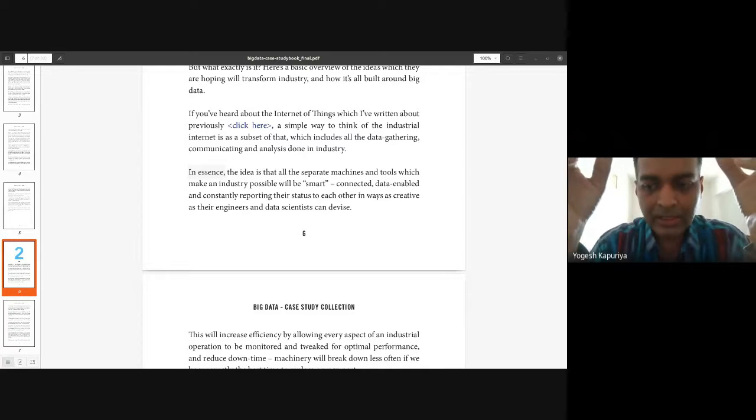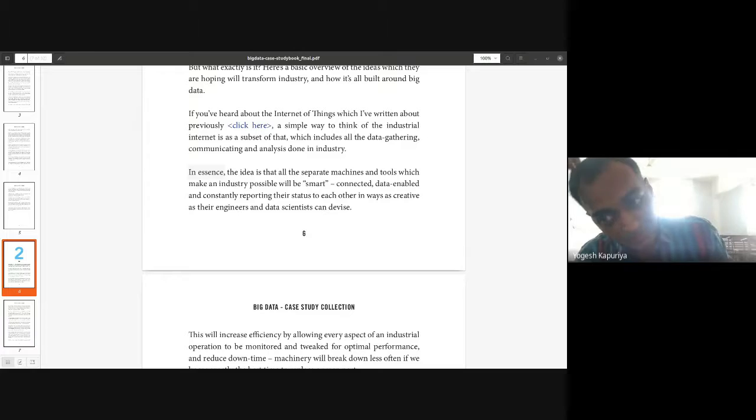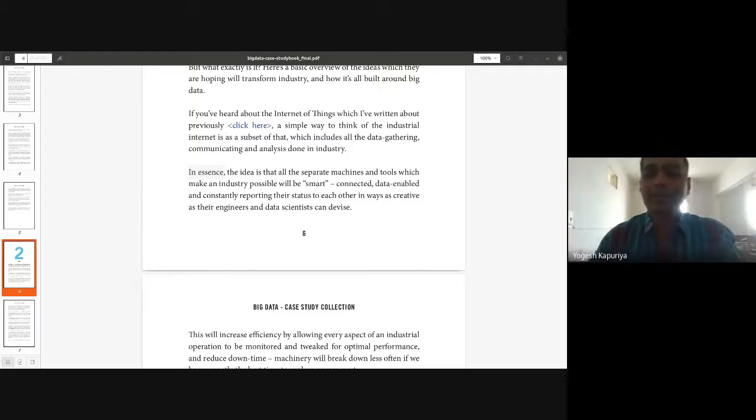I'm saying that now imagine that instead of 100 machines, you have 1,000 machines. Instead of 1,500 employees, you have 15,000 employees. Now that becomes very huge, and that becomes a big data application. So these are some of the use cases where in many industries or manufacturing industries, they are using machines, and those machines maintain logs, and based on the logs the machine generates, you can optimize your resources.